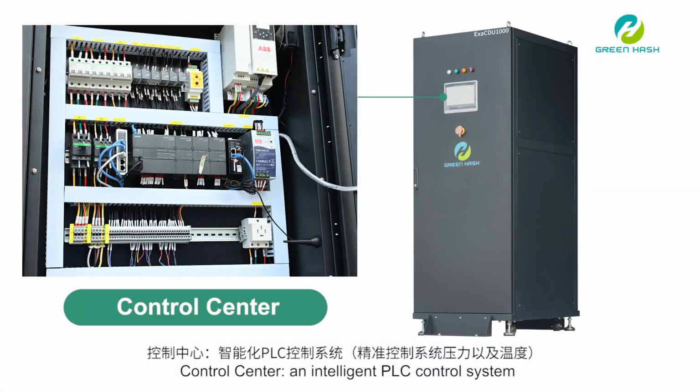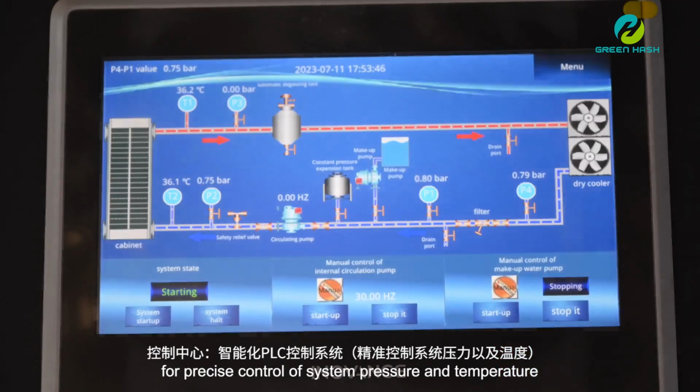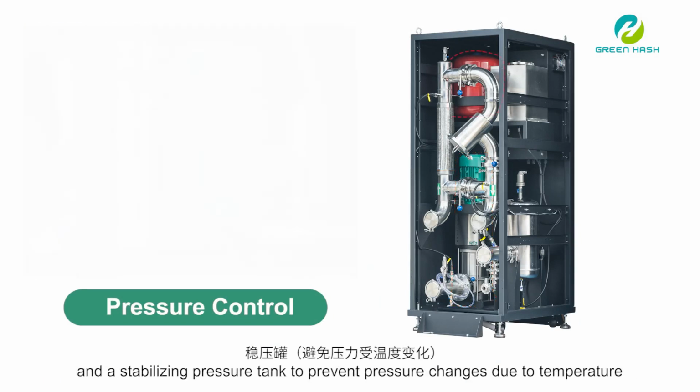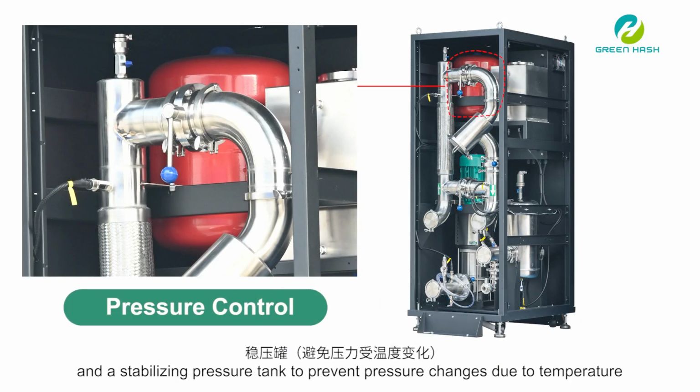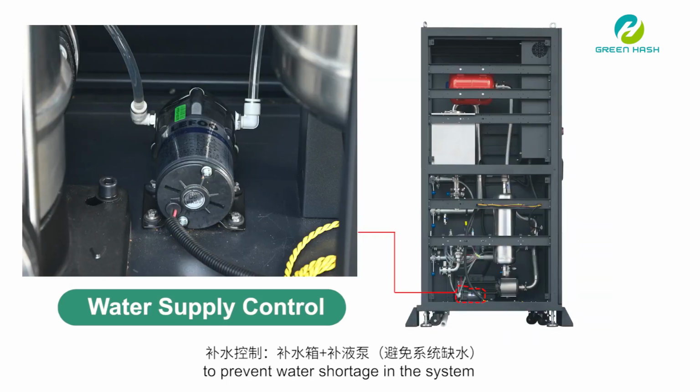Control Center, an intelligent PLC control system for precise control of system pressure and temperature. Pressure Control, a circulating pump for variable frequency control of pressure difference, and a stabilizing pressure tank to prevent pressure changes due to temperature. Water Supply Control, a water supply tank and a liquid supply pump to prevent water shortage